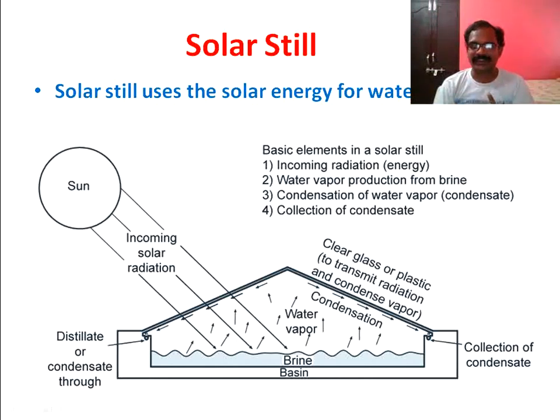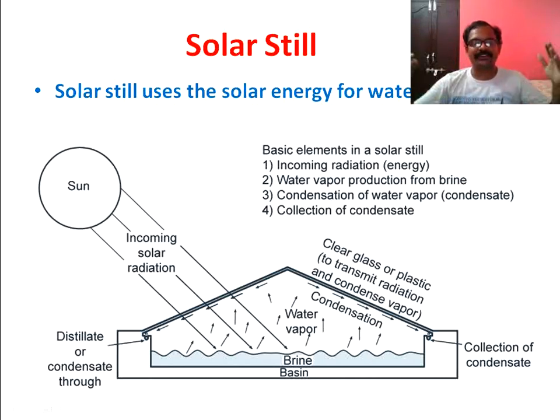And the second example is, take water in a vessel and heat it. You will get vapors. Now when you keep a lid on top of it, what happens? When you see the lid after some time, water droplets will be formed on the back side of the plate. What is the meaning of it? Condensation is happening, which means the vapor is hitting the plate, and because of that, the temperature of the vapor is decreasing, and it will be converting into liquid again, right? So that liquid is pure liquid. Now these two concepts we'll use in this solar still.